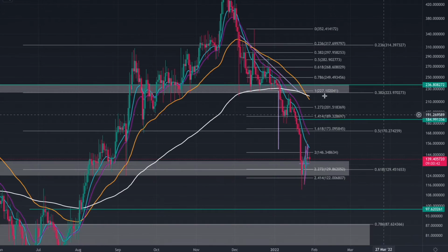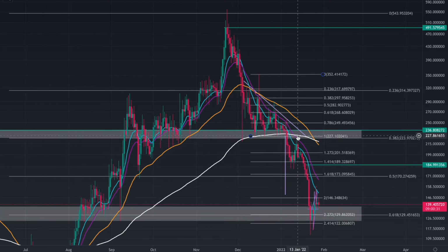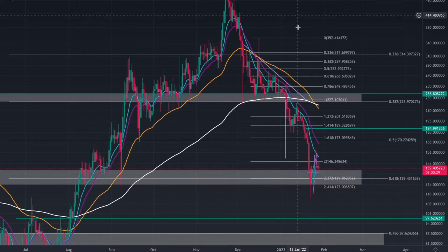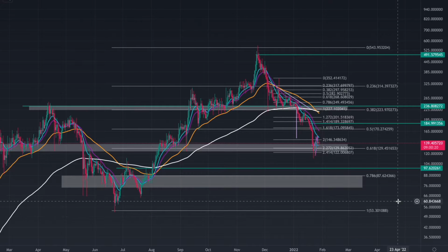So of course we had this amazing pullback over here, some sort of dead cat bounce really, because it came down very aggressively, had a quick pump before going downwards, forming some sort of descending triangle here, which is obviously bear market structure basically, and that's why once we lost this very key level of support, we've obviously started tanking very quick, and we gave you that technical target, the 0.618 at $129, because after this massive impulse you need to